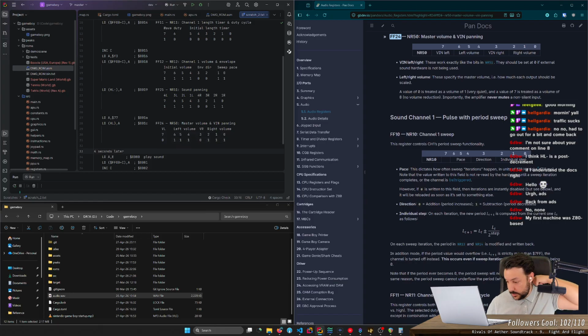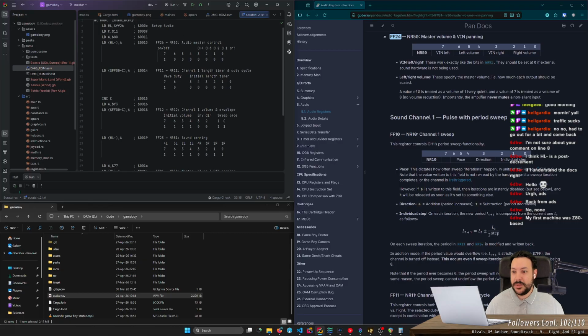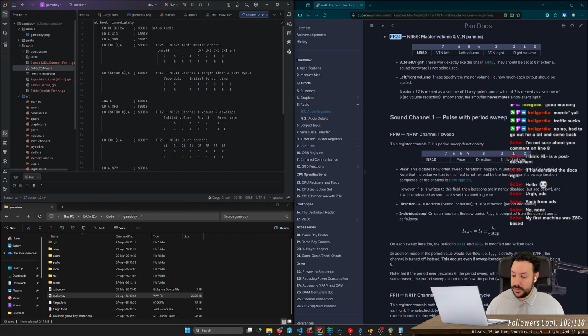Okay, something like this. No, my first machine was a Z80 based. Okay, I see. Yeah, then it makes sense because they share lots of the same instructions. I mean, I don't know. I believe this is a...